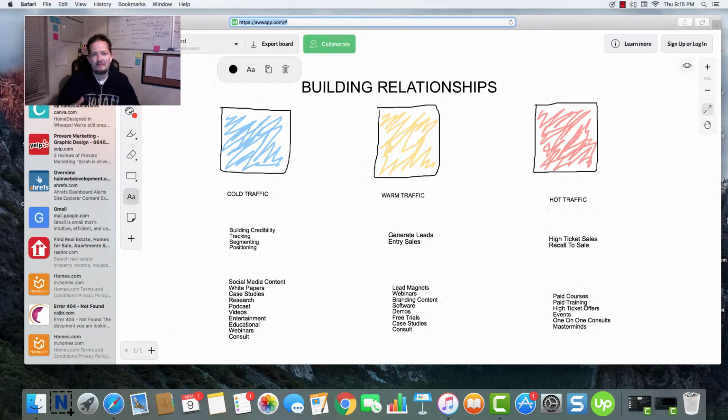Segmenting is very, very important because when you get someone on your email list and you get their name and email address, different things like that, there's a conversation that takes place. This is nurturing. You're building that relationship further for them to ultimately, hopefully, become a client or a customer. So we can segment, we can do tagging and different things in our email software. We use ActiveCampaign. That's what I recommend.